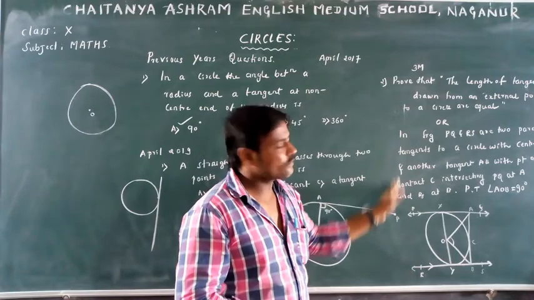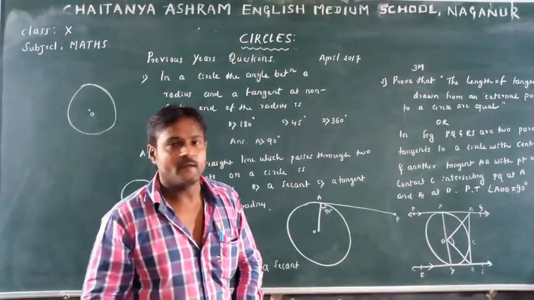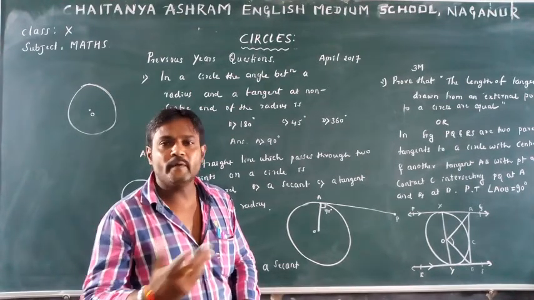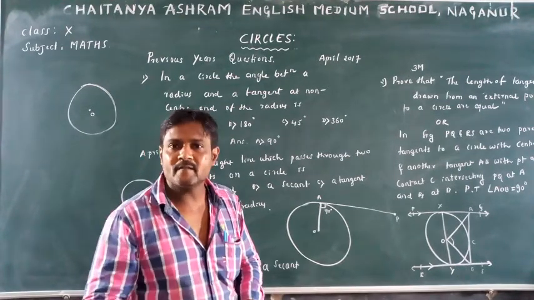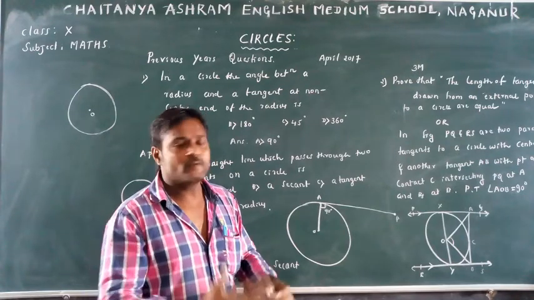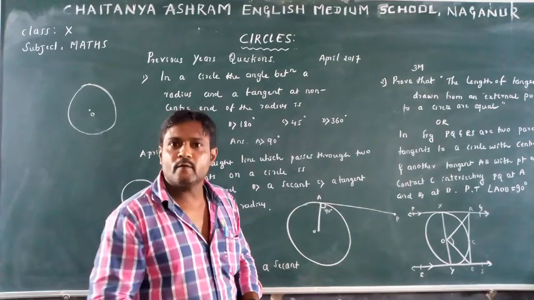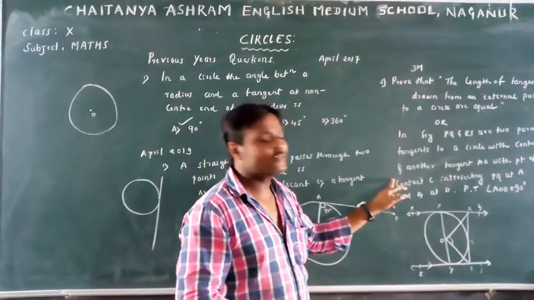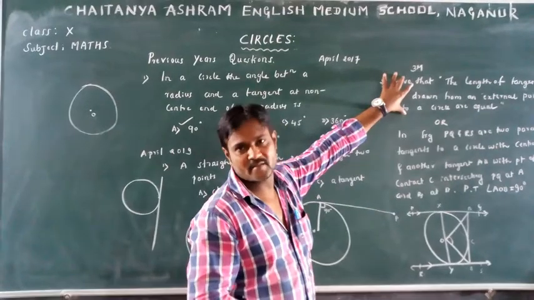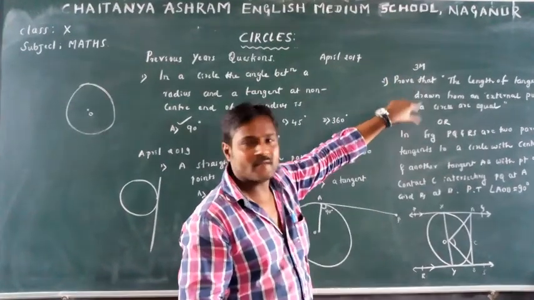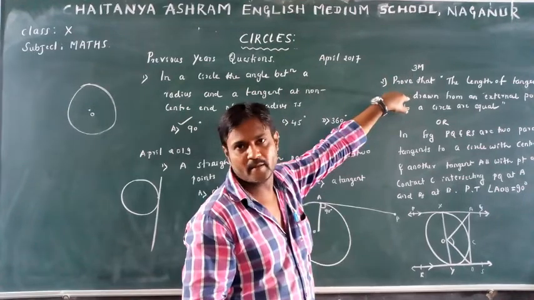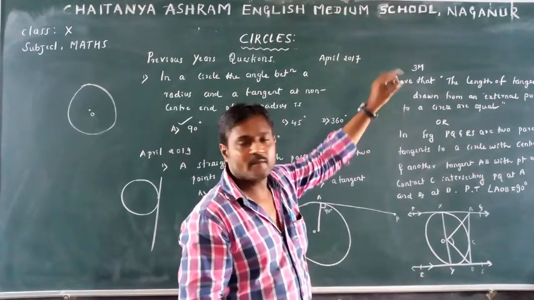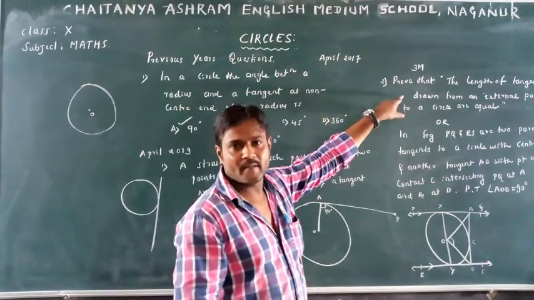That 3-mark question is related to your exercise. The last exercise is there, no? There are some proofs and we prove some statements which are related to circles. We show some results, they are also related to circles. So for this choice they will give you such questions, and this question is fixed. If you prepare these 2 theorems, any one question will appear in your question paper for 3 marks. So better prepare those 2 theorems. Any one they will ask.